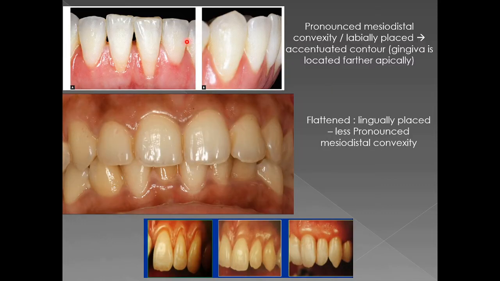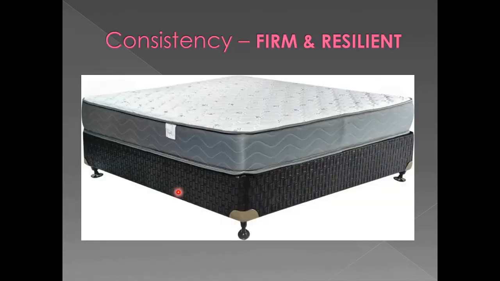So in this image we can see a more accentuated contouring, that is a deepened scalloped structure in cases of the teeth which are more labially placed. But when you look into this particular teeth in the lower incisor region, which is more lingually placed, the scalloping is more flattened. So this is a more accentuated contour and this is a more flattened contour. So scalloping can be either exaggerated or it could be more flattened also.